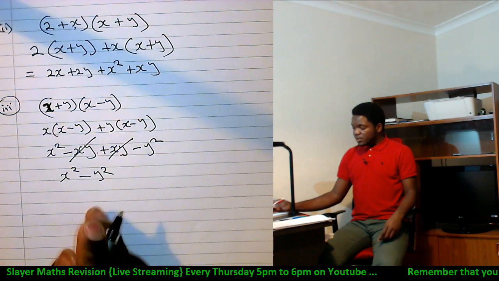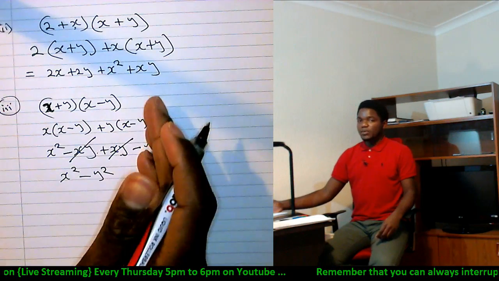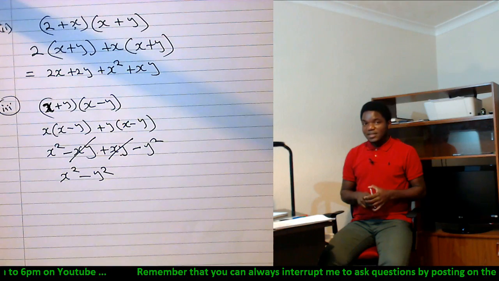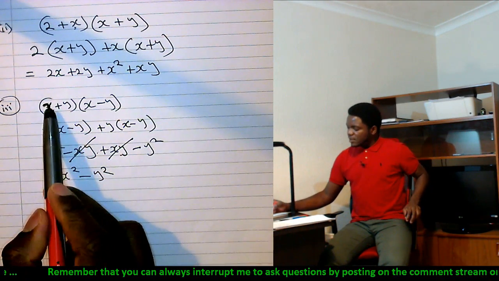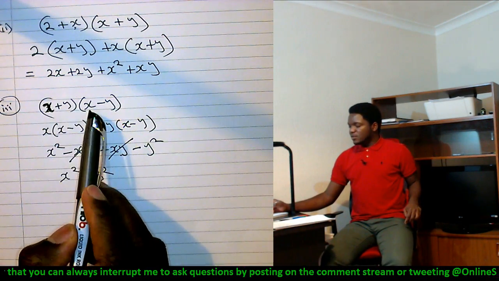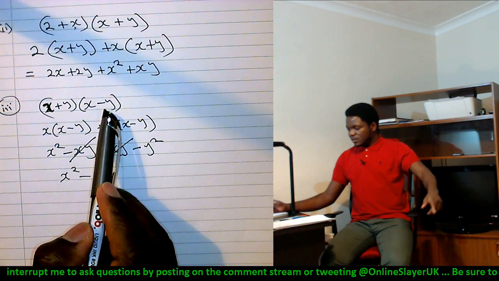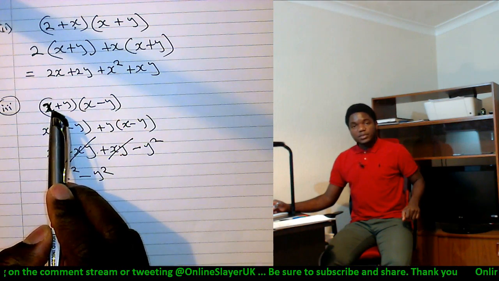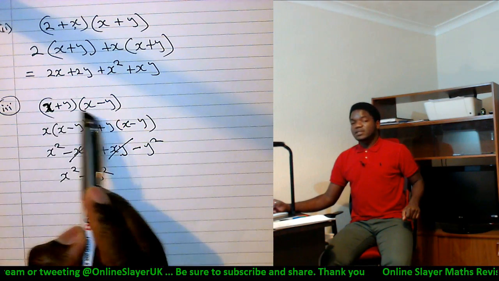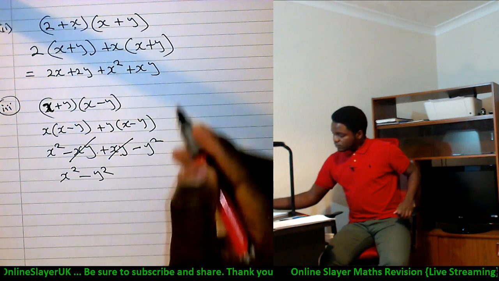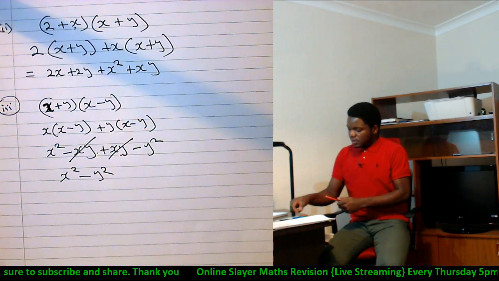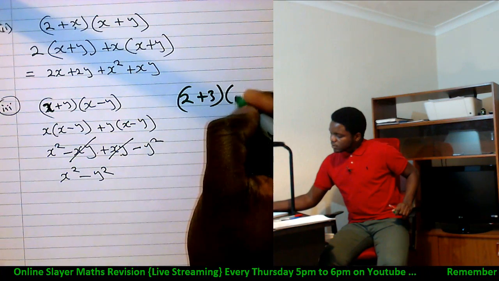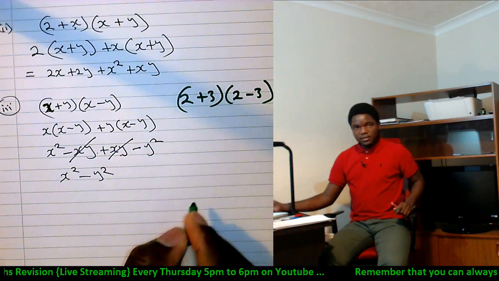Now, you can do this for any other problem. You can play with a plus b into a minus b and so on. One thing will remain the same. When you've got x plus y into x minus y, take note, the only thing that is different between these two expressions is the sign in between. When you have something like this, for instance, when you've got something like 2 plus 3 into 2 minus 3, okay, something